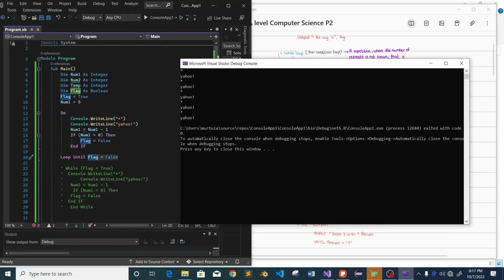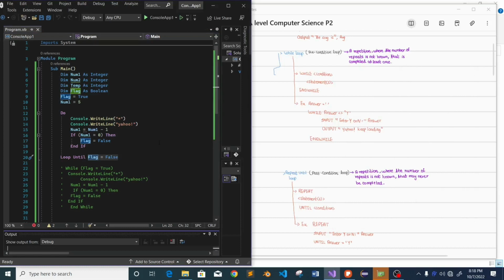There you go. It's the same thing, right? Star Yahoo, 1, 2, 3, 4, and voila, 5 times. So it's the same thing. Okay, so yeah, but it could be used in different scenarios depending on the circumstances. Then depending on that circumstance you choose which kind of loop you should be using. Okay,